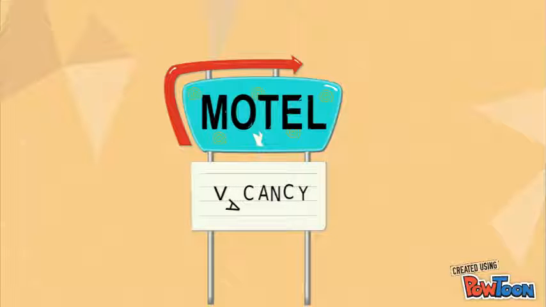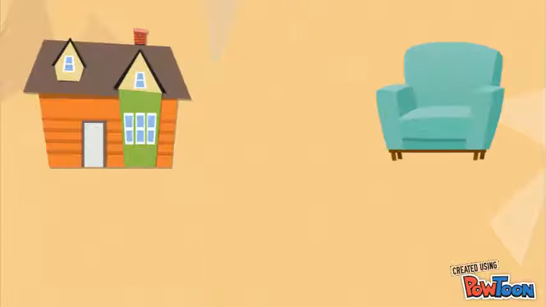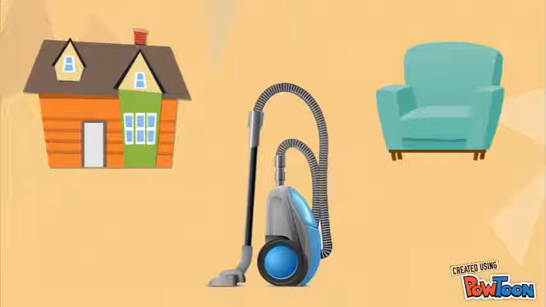Now, let's use the example of a motel. Items that would depreciate in value, namely the plant, property, and equipment, could include the motel building itself, room furniture, cleaning equipment, and so on. What happens is that for every year an asset is being used by the business, it also loses its future